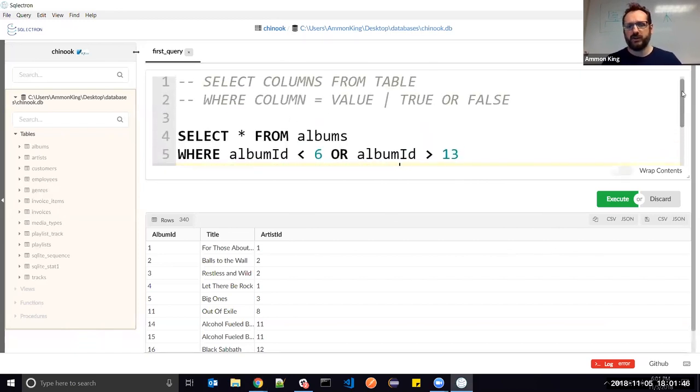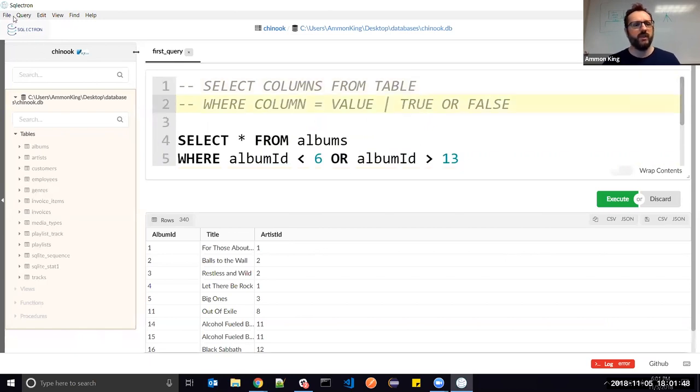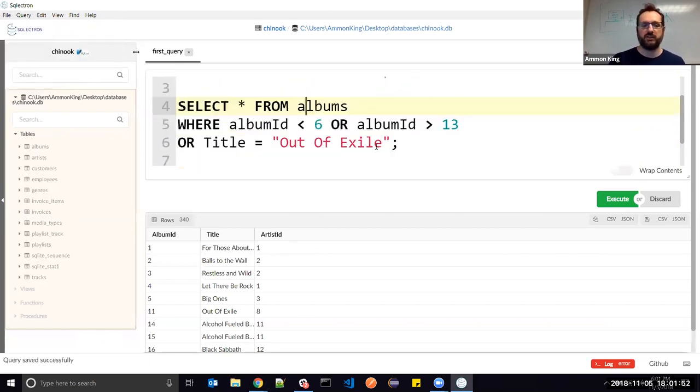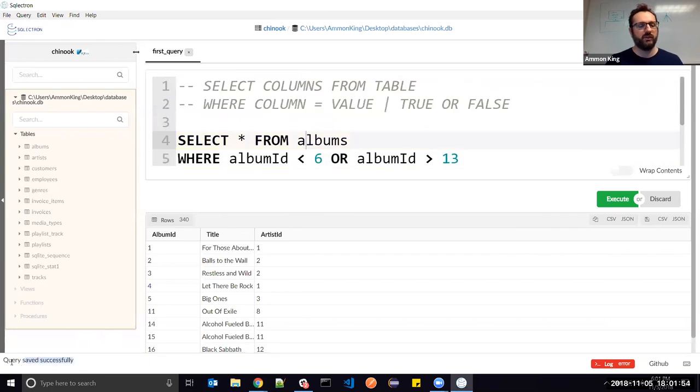There's all sorts of good stuff I can do with queries here. And again, if I'm working on this, I want to keep on saving it. It'll tell me query saved successfully. So what I would highly recommend anybody doing,